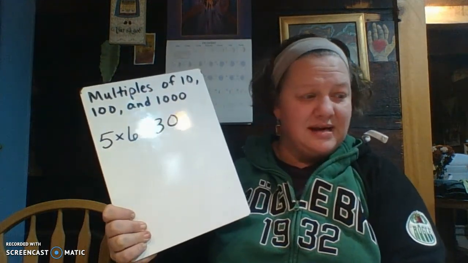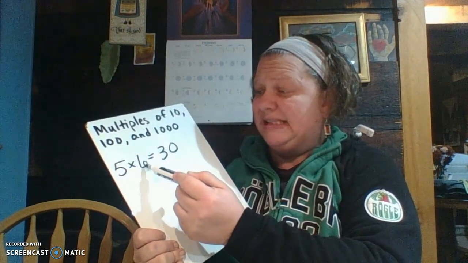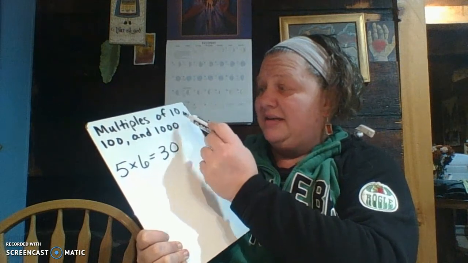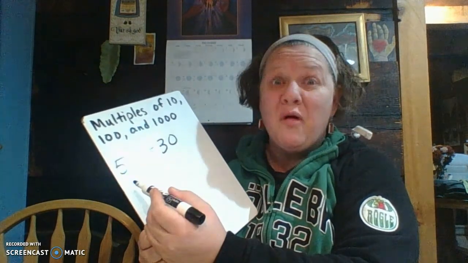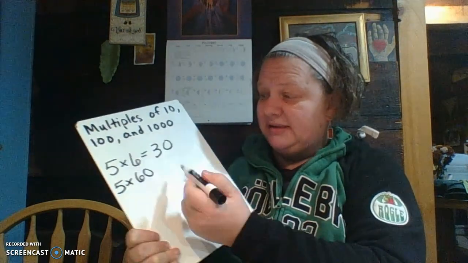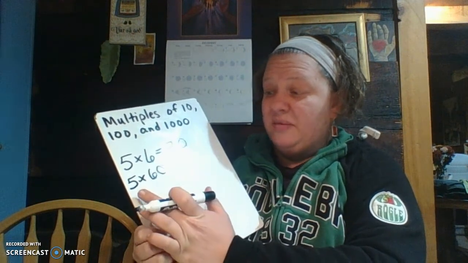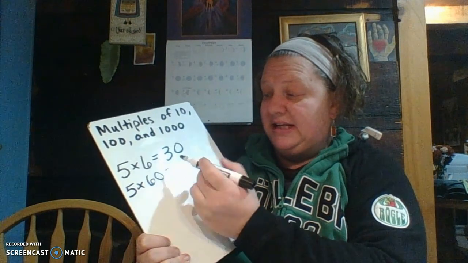And then we're going to change this 6 and add a 0 and go 5 times 60. And when we do that, all we need to do is simply add on a 0 because 5 times 6 is 30, but 5 times 60 is